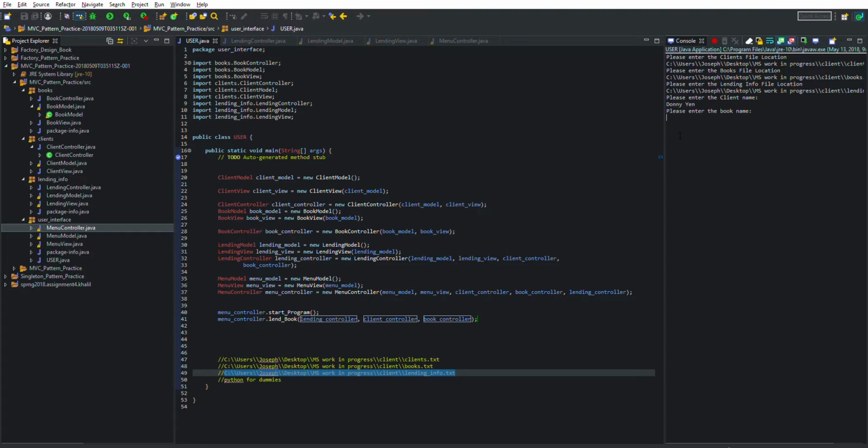And the book name is, let's give it a name, Test Book, just for the heck of it. So this book was lent and was added to the file. So if we can test it real quick, and it shows that, first of all, lending info, so we can compare it, books and clients. And if we can see the last one here. Okay, so we'll start here. We have the last